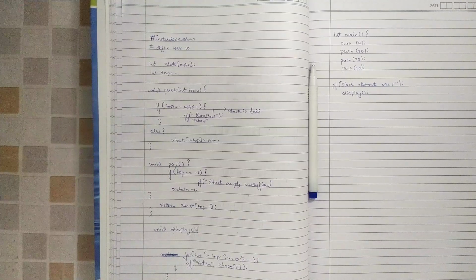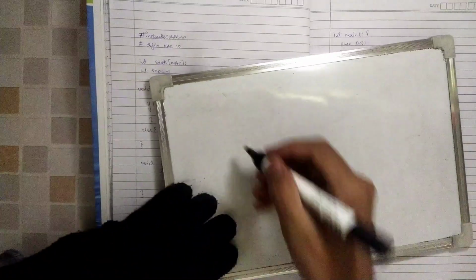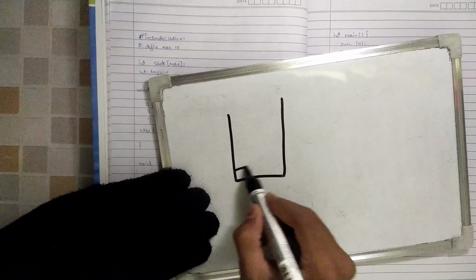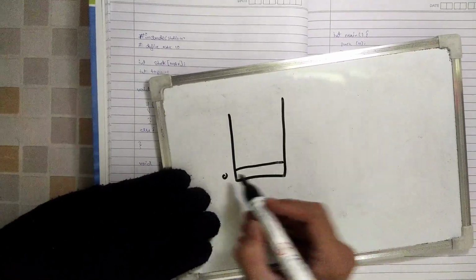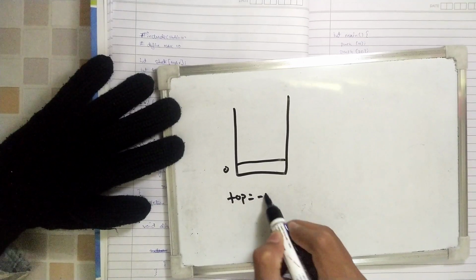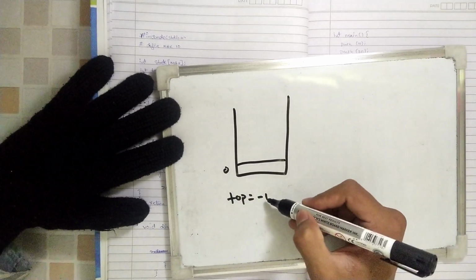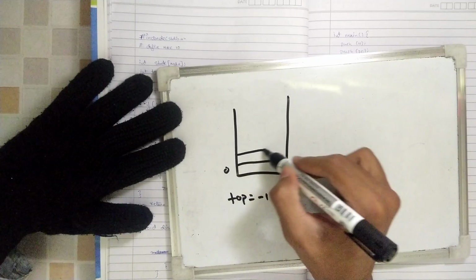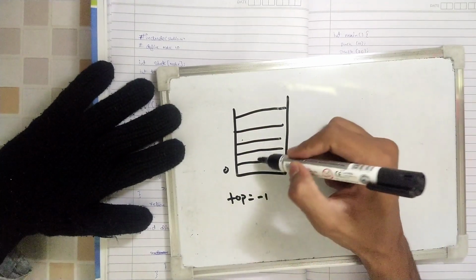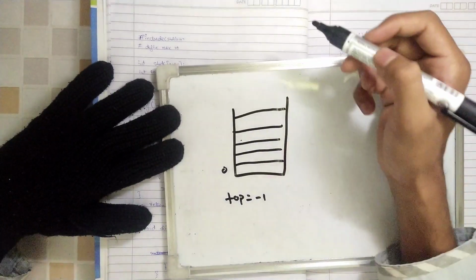So usually in stack, suppose let me draw and show you here. A stack looks like this. This is the zeroth location. Initially the top of stack, we say, is minus 1. If it is minus 1, then we assume that our stack is empty and it is not having anything. And suppose 1 2 3 4 5, so my max was 4,